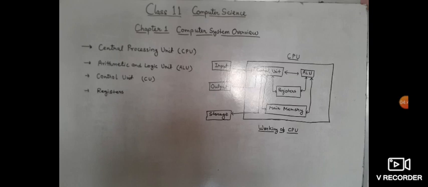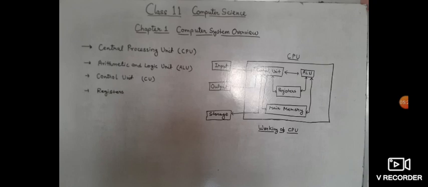Another important function of the CU is program execution, carrying out all the instructions stored in the program. The CU gets program instructions from memory and executes them one after the other. After getting the instruction from memory, the CU decodes and interprets the instruction, which operation is to be performed and how it is to be performed.